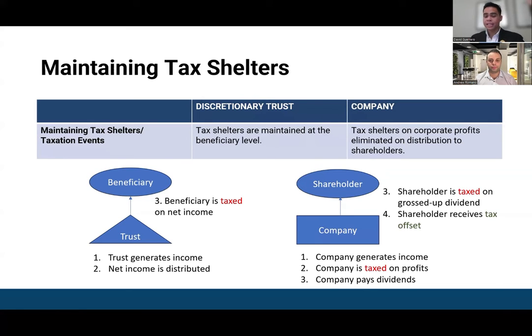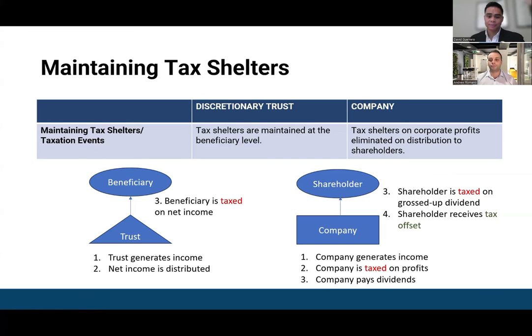So it might be a bit hard to understand without looking at the maths. And you might think, what's the purpose of having this arrangement? Well, without showing you the numbers, just know that between the company and the shareholder, you still generally pay less tax overall because it's an average of the company tax rate and the marginal tax rates of, say, an individual. And you also can dictate the timing of that dividend that is ultimately paid. So unlike a trust where all the income generated within that year is distributed within that year, a company can choose to delay distribution of dividends in a future year, and hence you have more control over the timing